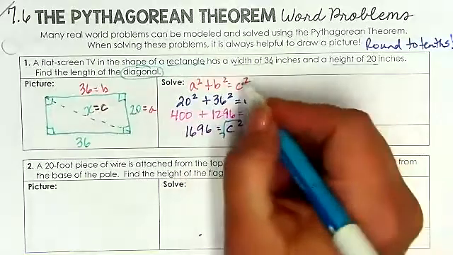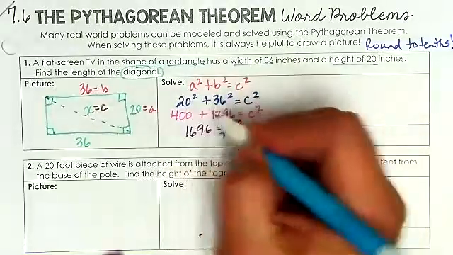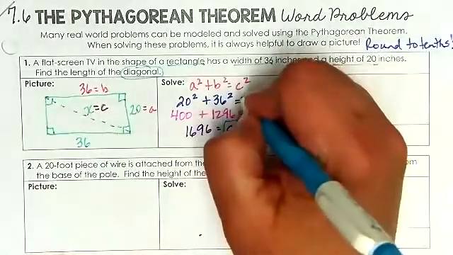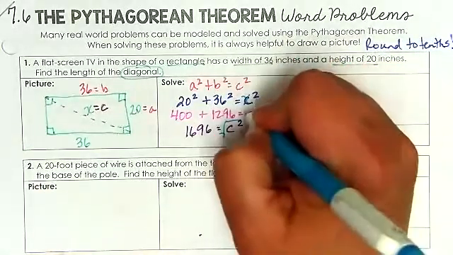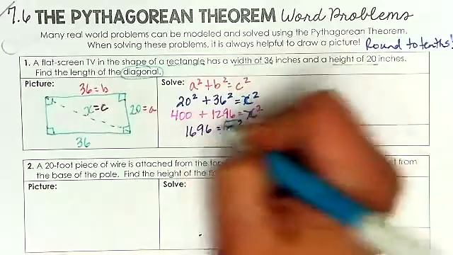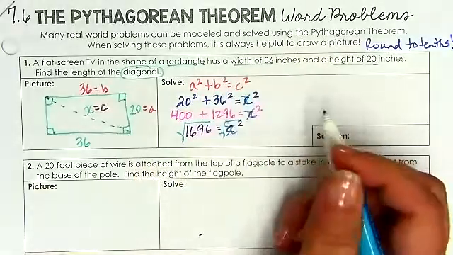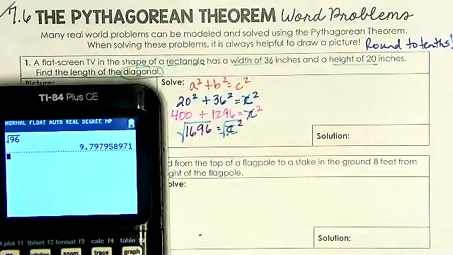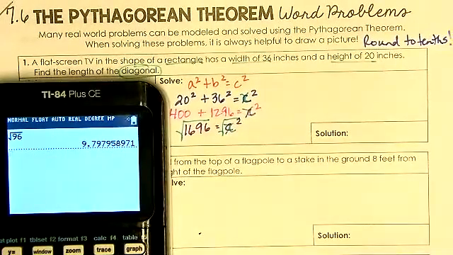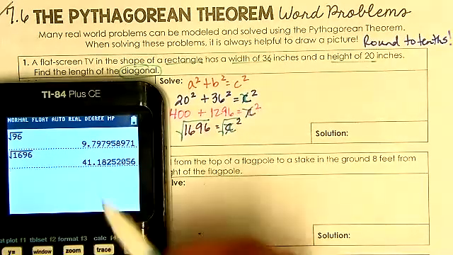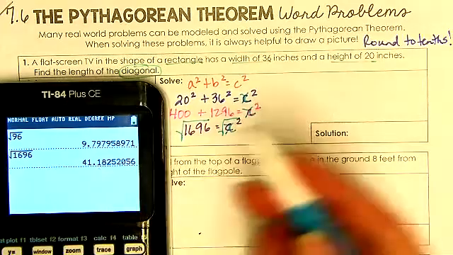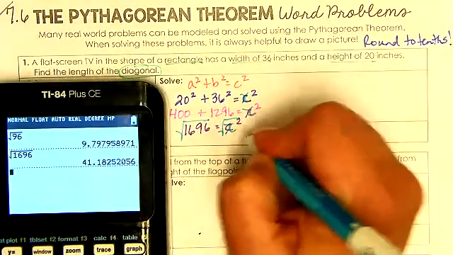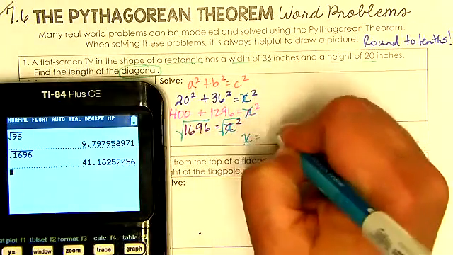Oh, look, I left it as C squared instead of plugging in the X. You can do either one. Okay, so this is supposed to be X. And when I take the square root, we're going to have the square root of 1696. We round to the nearest tenth. So the 8 causes the 1 to round up. So therefore, X equals